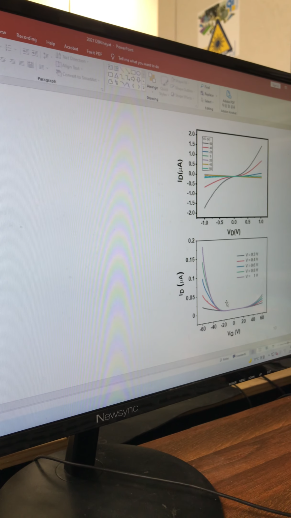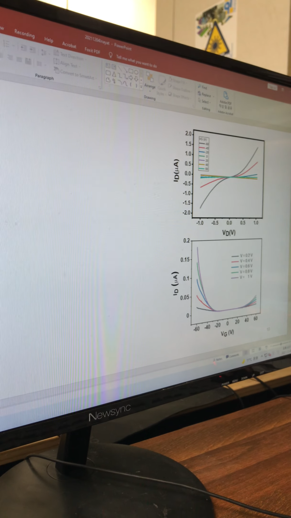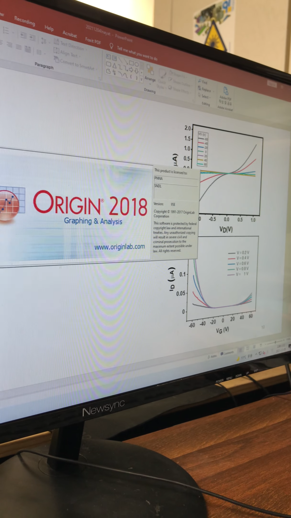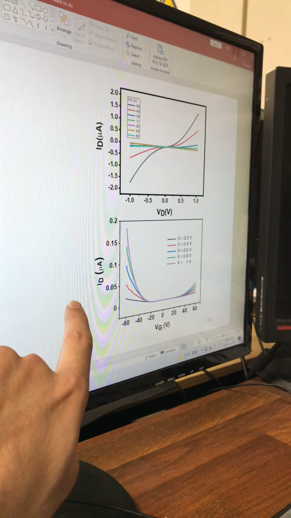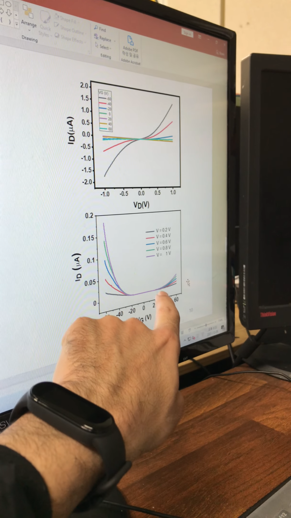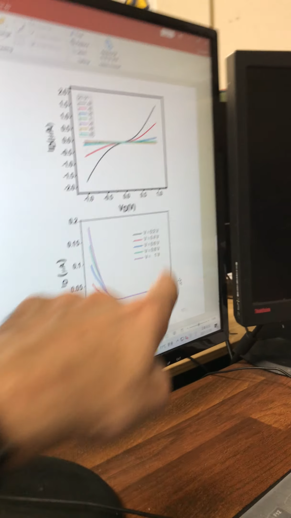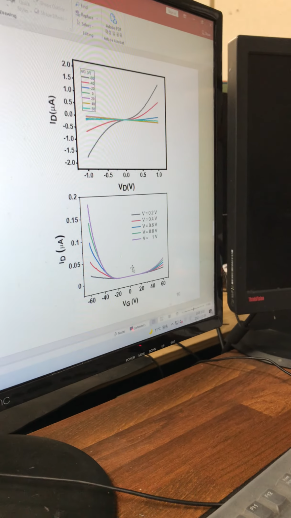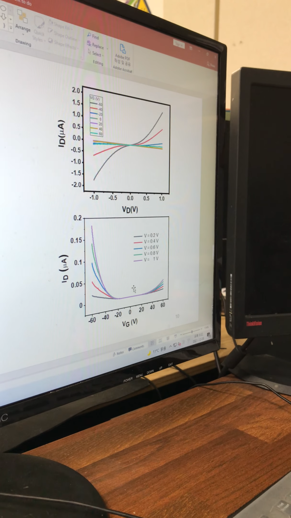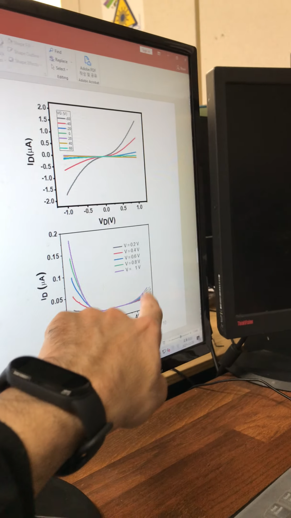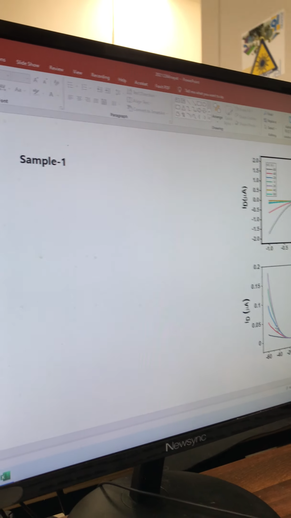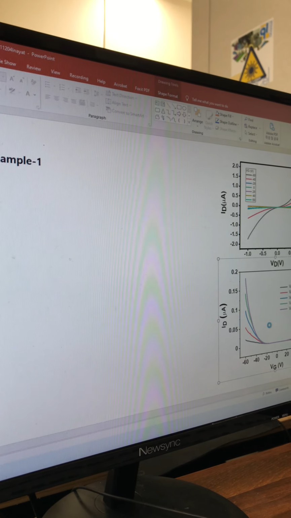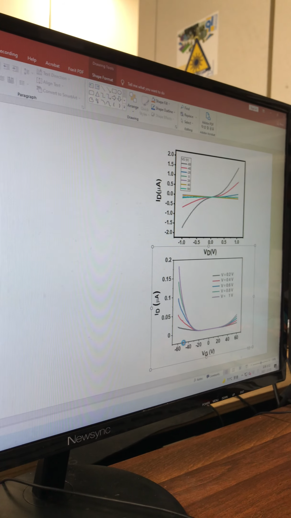Log scale always gives us the exact behavior. Like from here, in this case, maybe we can say this is p type, but in log it will tell us more in detail. In this case, I think we can know it's dominantly n type, right? But sometimes we don't know, right? So in this case, I want to recommend